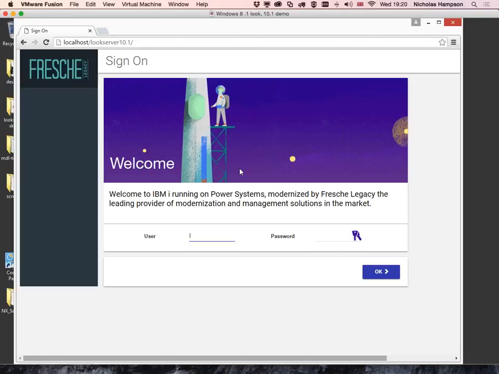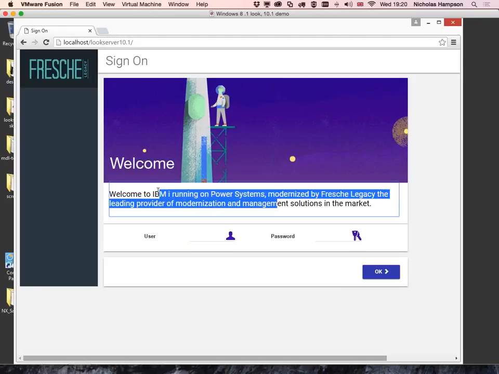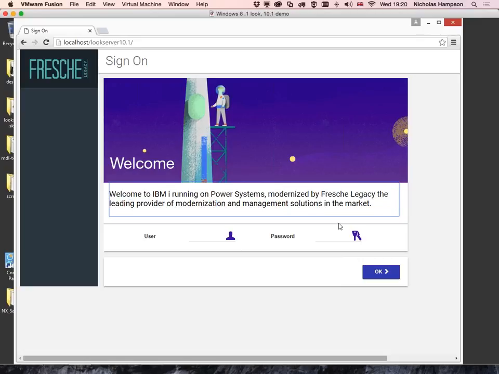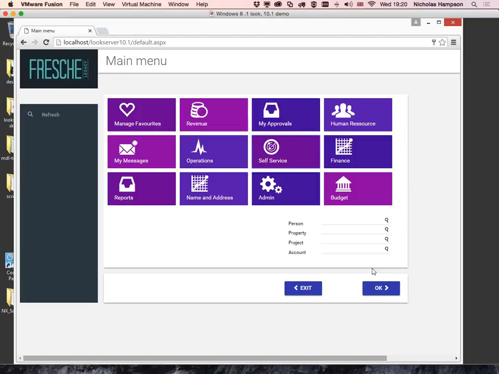So there's a skin added to this, and we've made some customization. So I've added a graphic to the sign-on screen and some text here. This is HTML text running here. This is not an image that's on there. And I can go in here and add my details, press the OK. I've then got a menu,